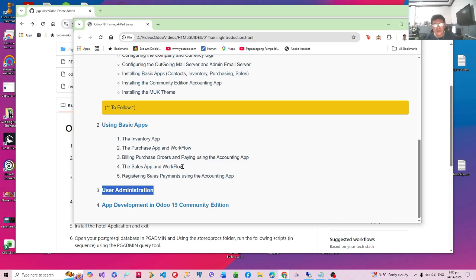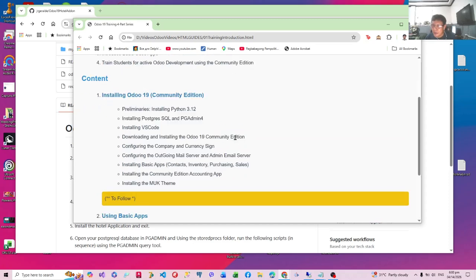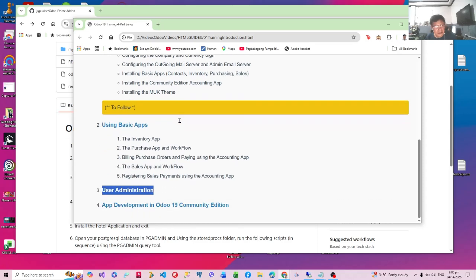Okay, aside from Odoo, there will be other fields. Particularly, I want to make a playlist on PostgreSQL because most web platforms nowadays use PostgreSQL. Even JavaScript, Next.js, and React.js, okay, they use PostgreSQL. There's a popular online PostgreSQL server. It's called Supabase. But if you are using Odoo SH, it includes a PostgreSQL service.